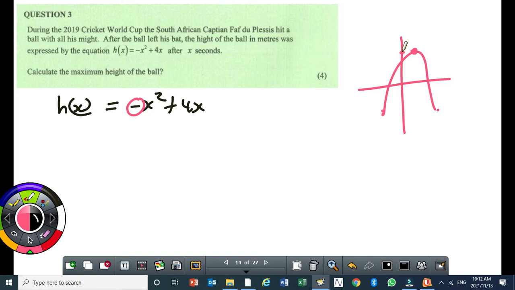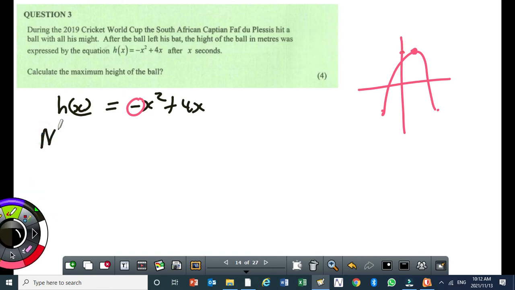Now, to get the y value at the turning point, there are two methods at this stage in grade level. Either you find the x value first, using x equal to minus b over 2a, then you substitute the x value into the expression. That's the easiest method. The second method, you have to complete the square. Okay? So I'll show you both of them. Right? So method 1,